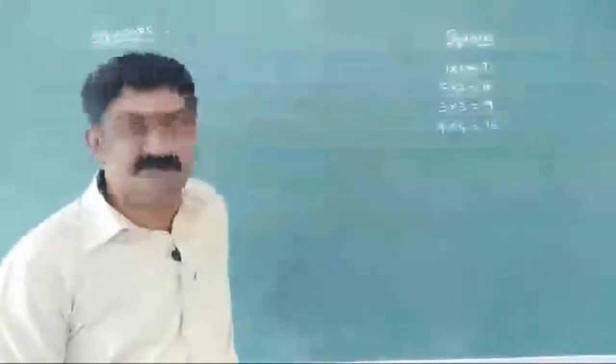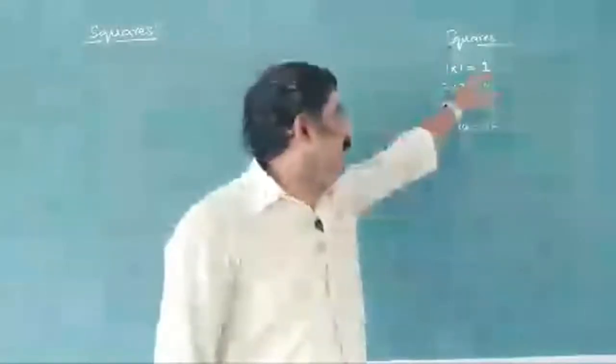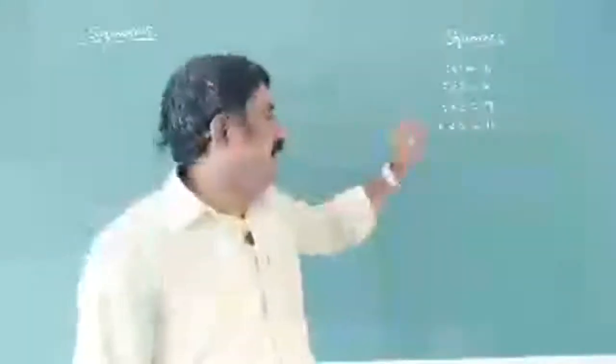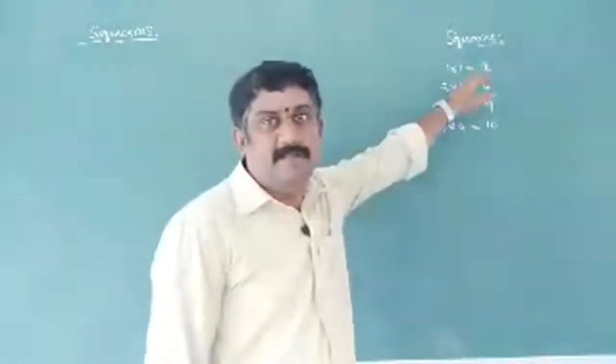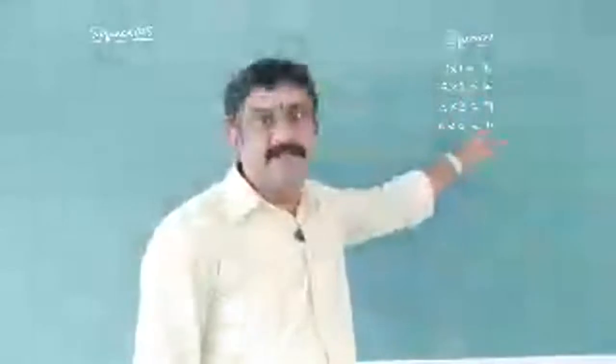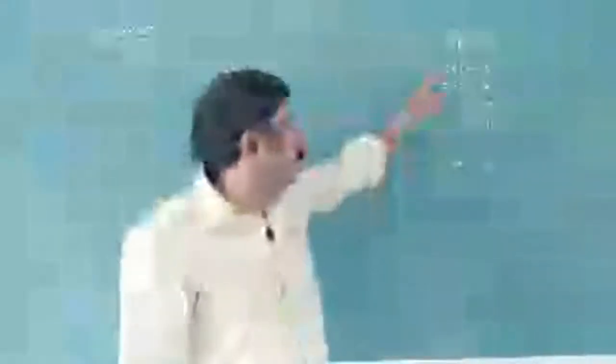Let us discuss once again here. Squares we are discussing now. Now 1 1s are 1, 2 2s are 4, 3 3s are 9, 4 4s are 16. Observe here, 1 is multiplied by 1 again, 3 multiplied by 3, again we are getting 9. 4 is multiplied by 4, we are getting 16. So if n is multiplied by n, then some m we may get here. And observe what all these are: 1, 2, 3, 4, all are integers. Even the values we are getting, 1, 4, 9, 16, are also integers.